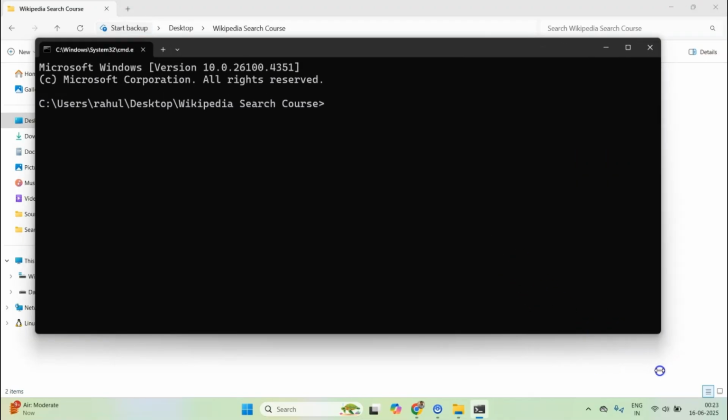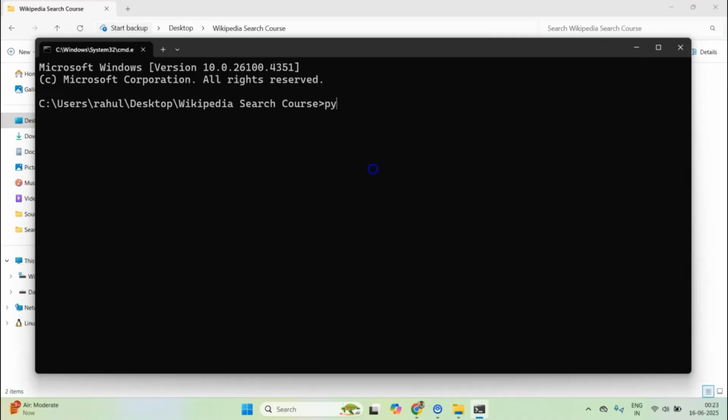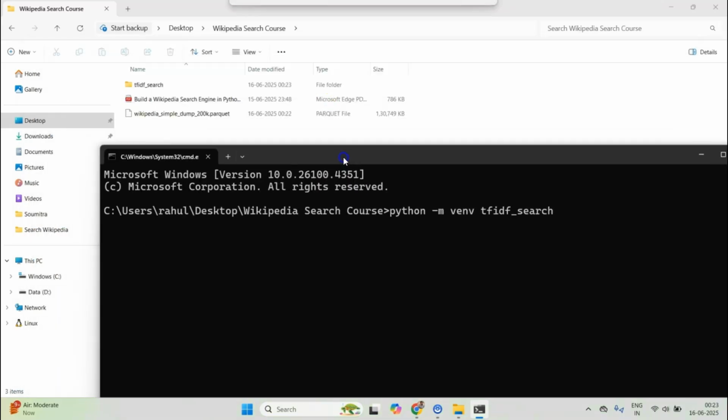And in this command prompt, I'm going to quickly create a simple virtual environment using the inbuilt package called venv, and I'll call this virtual environment simple search, or maybe TF-IDF search. Okay, so it will take a few seconds.